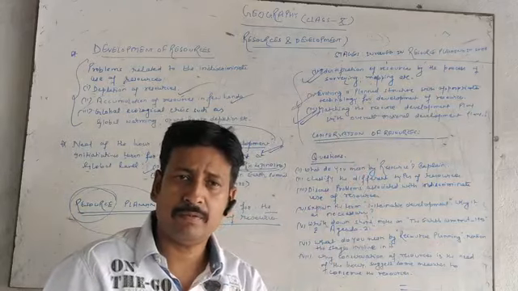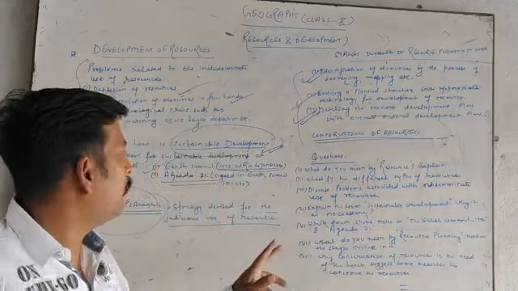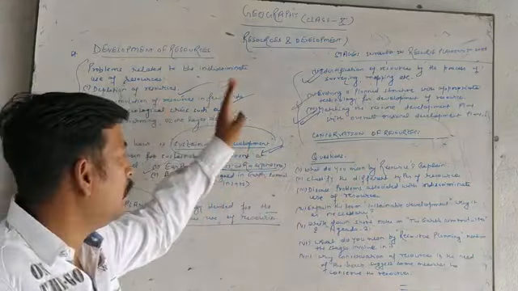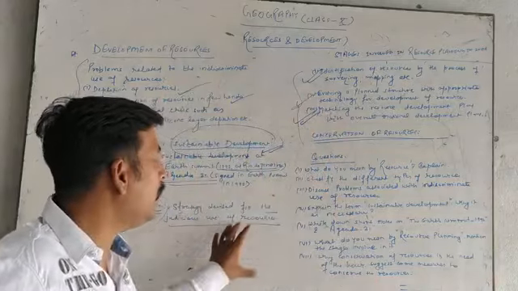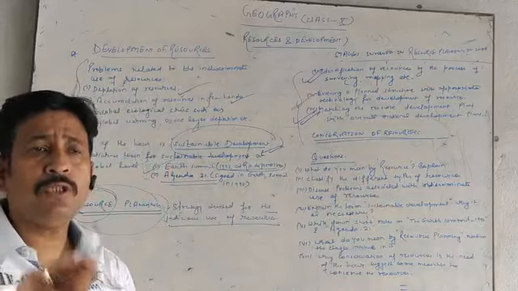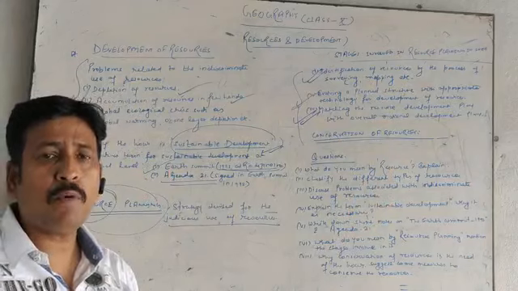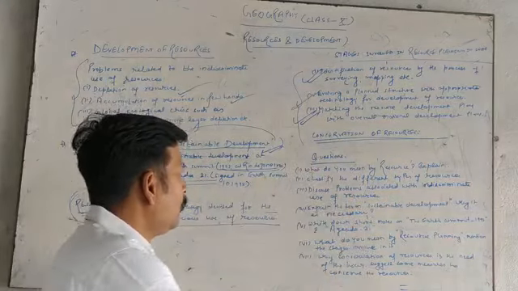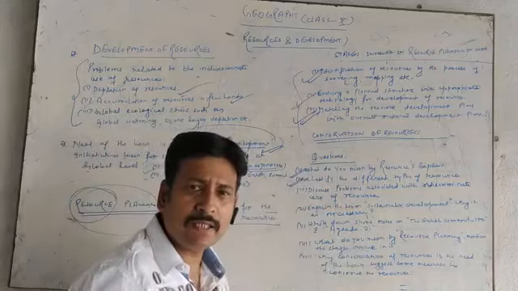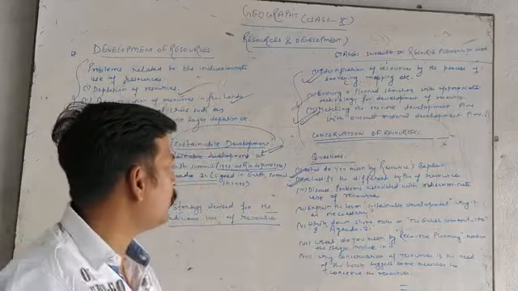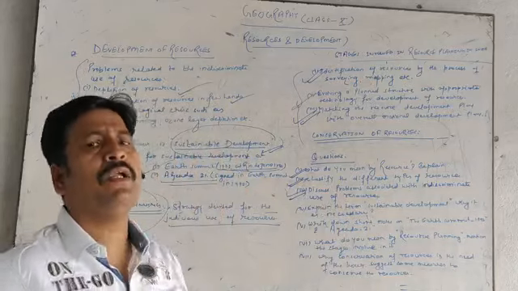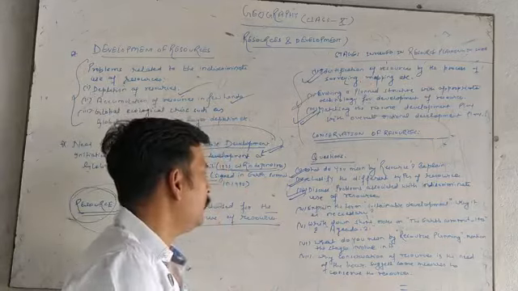So in these 2 sessions, we have discussed resources, their classifications, development of resources, resource planning, stages involved in that, and conservation of resources. Now there are a few questions which you must practice based upon the study up to here. First is, what do you mean by resource? Then classify the different types of resources on the various bases. Third is, discuss problems associated with indiscriminate use of resources. This is the third question.